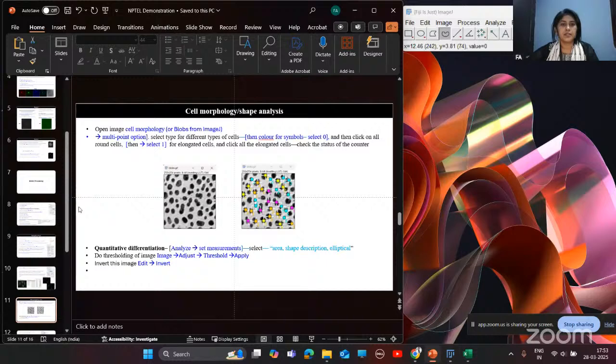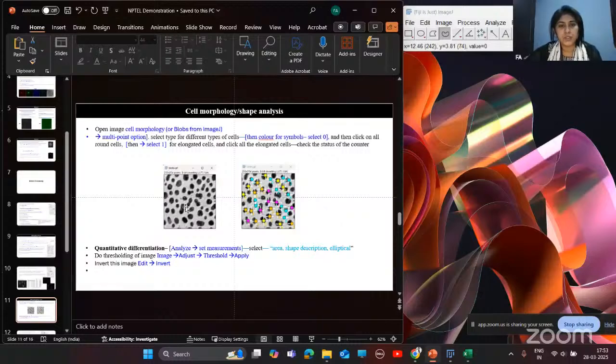Okay, let's come to the new analysis. In this analysis, you are going to learn what to do if you have an image of different cells in different morphology, like some are elongated, some are circular, and some are just going to divide, so that dividing cell will have a different morphology.